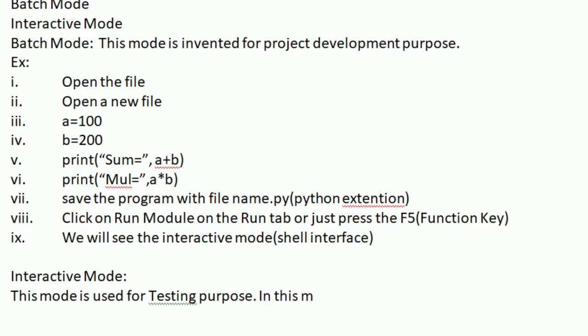In this mode, the program will be tested line by line. Now we will see the example.